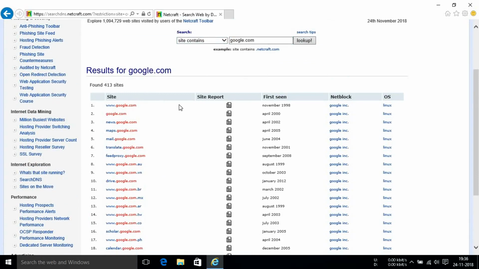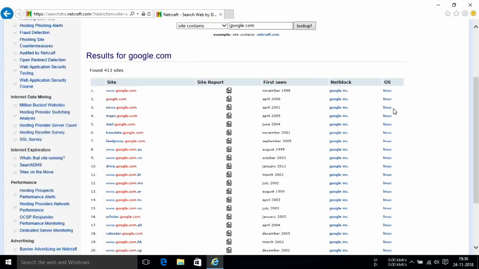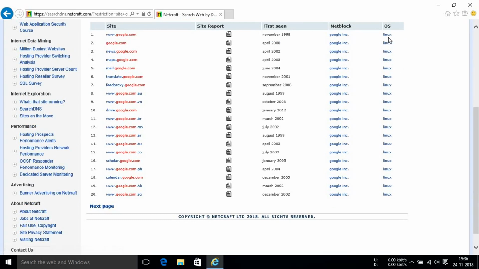And here you can see the first seen, which will basically tell you at what date this particular domain was registered or was seen for the first time. Then you have the netblock, and then you have the OS, which is the most interesting thing that we are looking for over here. Here it says Linux. This basically means that for www.google.com, the operating system behind the web server is a Linux